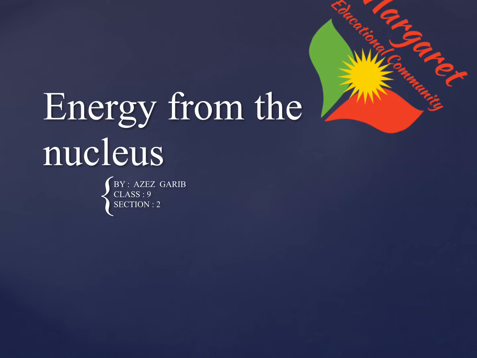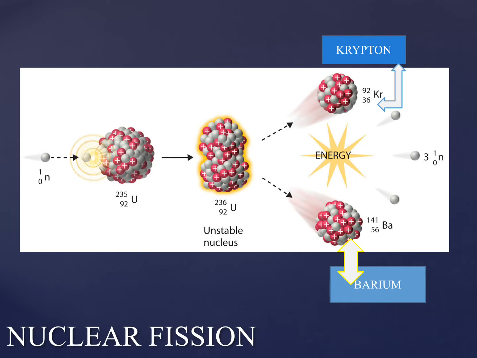So this is a class 9 science lesson, and in this lesson we will try to talk about energy from the nucleus. Of course we are still in chapter 14, atomic energy, and section 2 as you can see, part 1. Since we want to talk about how we can get energy from the nucleus, you should know that getting energy from the nucleus of the atom has benefits and, of course, hazards.